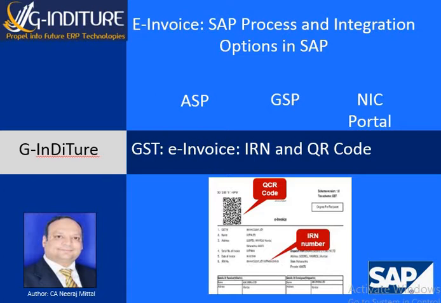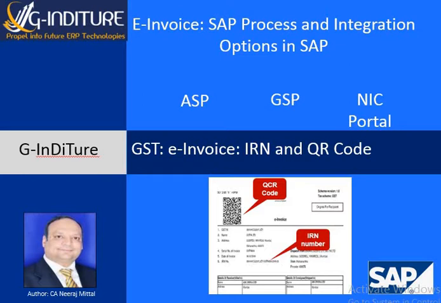Then what are the options available with you, their benefits, their drawbacks, as well as the scope of work involved in this, taking each option in the light of its advantages and disadvantages. That is the whole purpose of this presentation. This is a consulting presentation for deciding what the process should be for integrating in order to generate IRN and QR code and print it on your invoice.